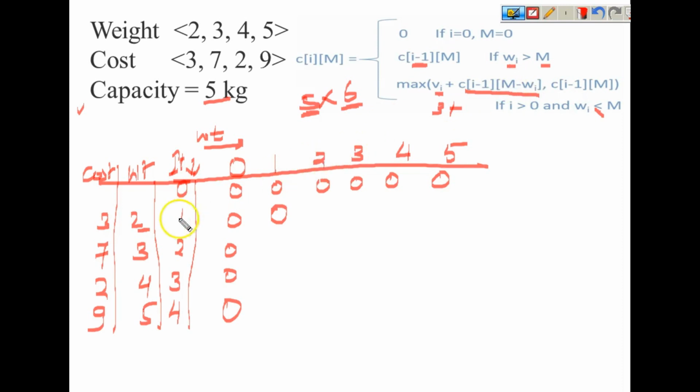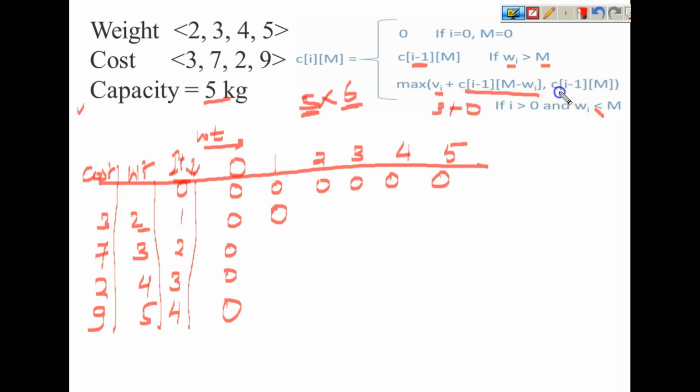So if I fill this item with weight 2 in a 2 kg knapsack, what is remaining here? There is no space, means 0. So how to find out? In the previous row, you go to the 0 column and look at the value, which is 0. So this is 3 plus 0 is 3,